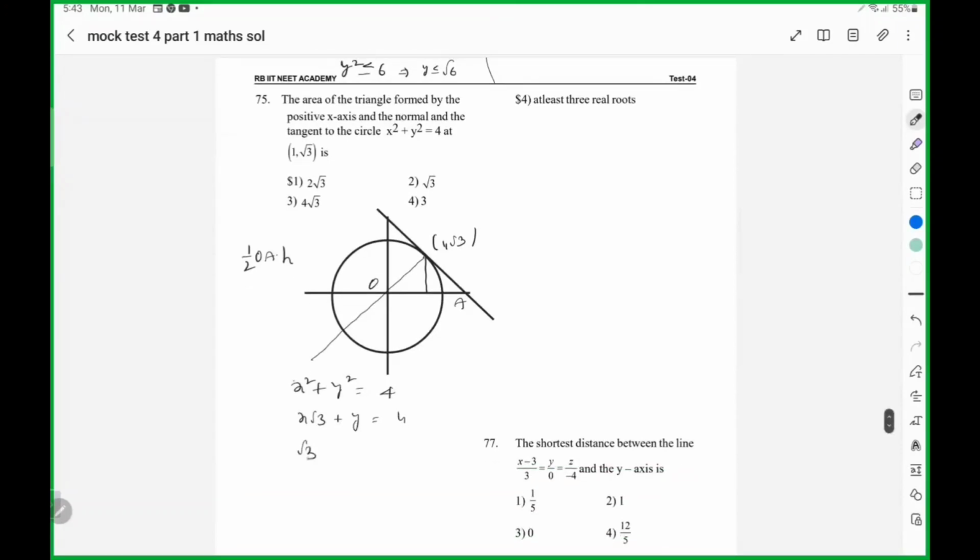So at what point does it intersect the x-axis? Put y equals 0, you get x as 4 by root 3. Area will be half into, here it is, this 4 into height. Height is nothing